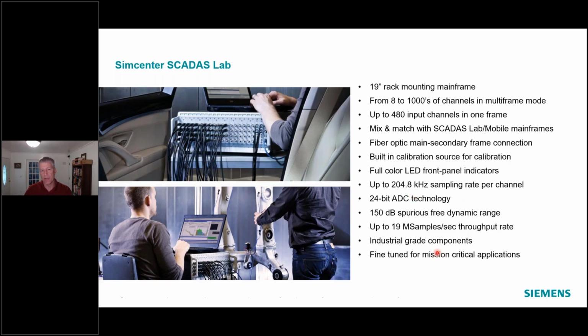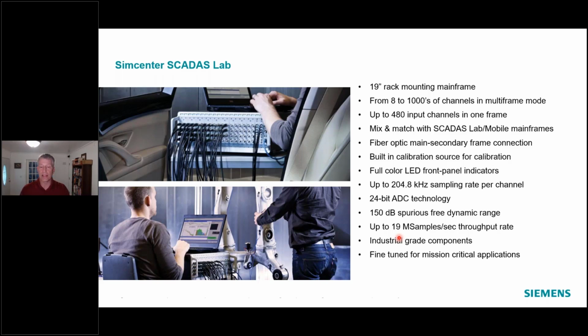The other interesting thing about Scatus Lab is the total throughput rate. If we're talking just hardcore time data acquisition, how many samples can I get from one front end to one computer? That's 19 million samples per second that this chassis supports. If I make the math easy and round off a little bit, I could do 190 channels sampled at 100 kilohertz. That would be my 19 megasamples, where if I tried to go higher than that, I would potentially run out of bandwidth between the front end and computer connection.